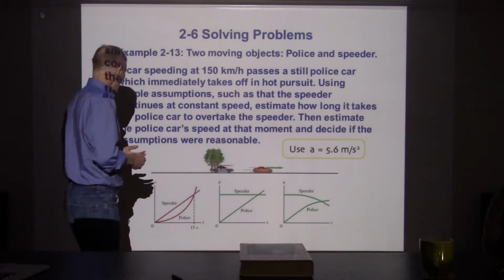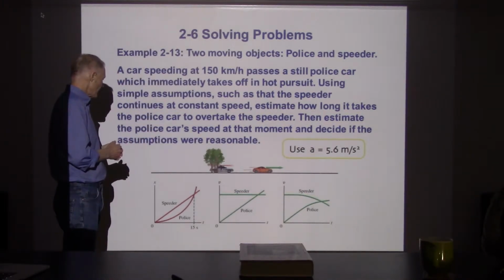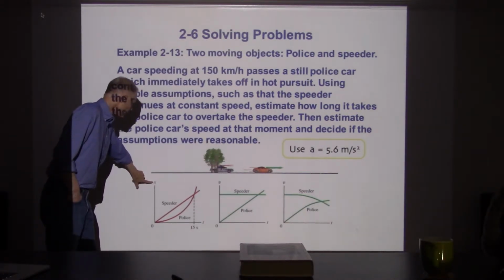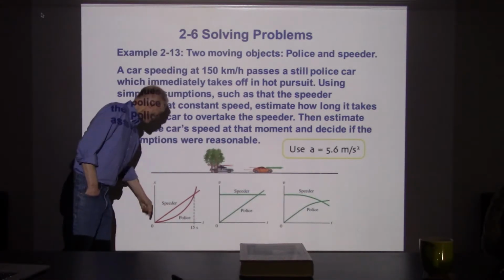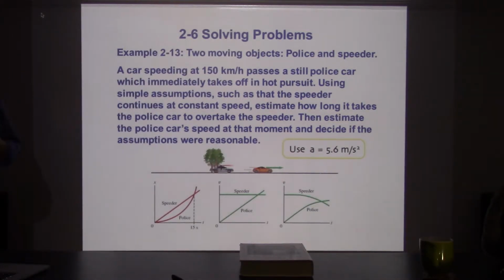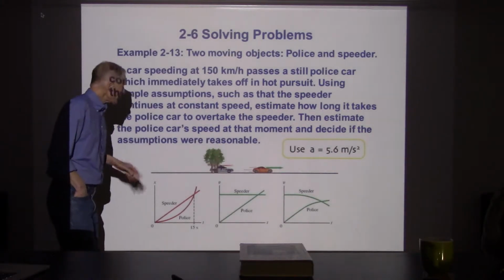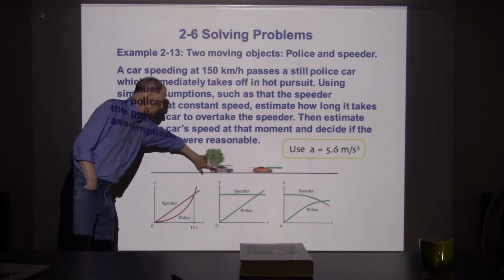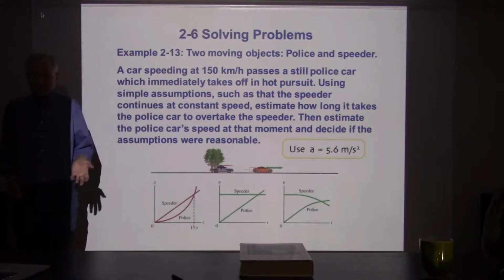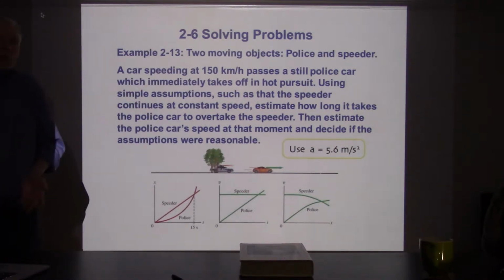And so the idea here then is, one way we could model this, let's look at a couple of graphs to see. What it would say is that the location of the speeder as a function of time is this straight line on the graph. And that means that the speeder is traveling at a constant velocity. So the speeder is just maintaining that same fast speed through this whole thing. Meanwhile, the police car is going to be undergoing an acceleration. So if we treat the acceleration as constant, and that's kind of the way we're going to model this, if the acceleration is constant,